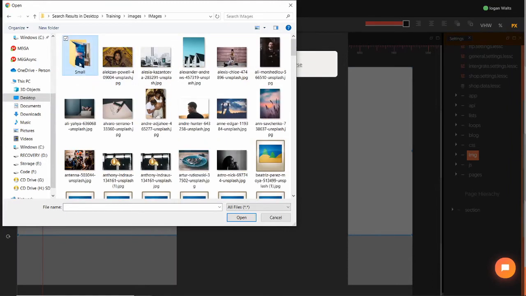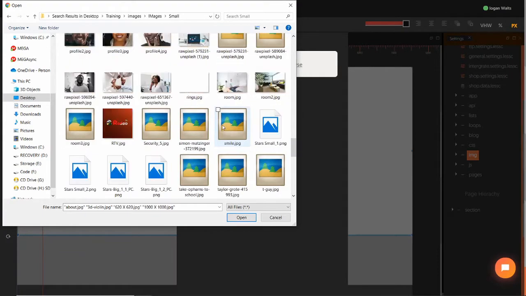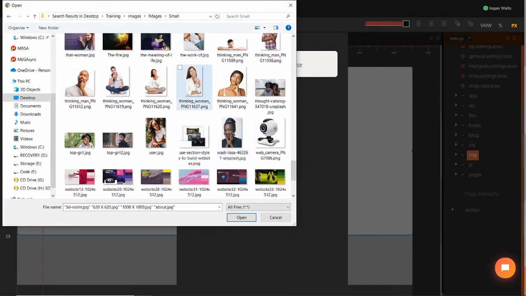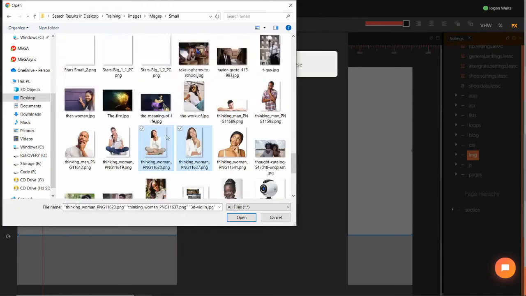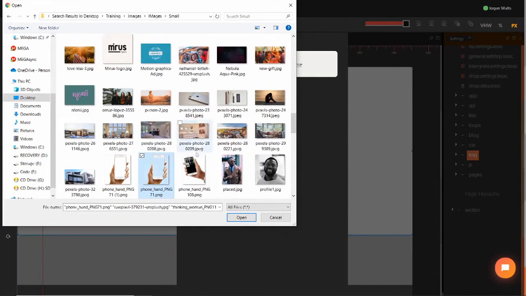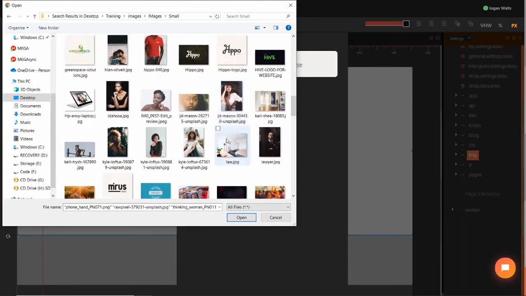I'm going to select a few images that I've already edited. So I have some square images here that I'll probably use, and I'm going to have this here because it's going to make for a good design. I am going to go down and look for some PNG images as well. So I have one or two images here, and let's go look for awesome images. Let me just take one of these, and something like this. I just want to put quite a number of images in first so that I don't have to come back again and do that. So I select all the images that I want to use, and then I click